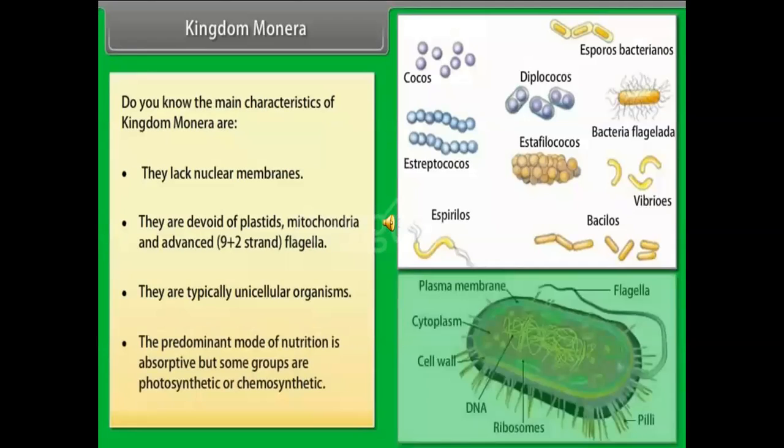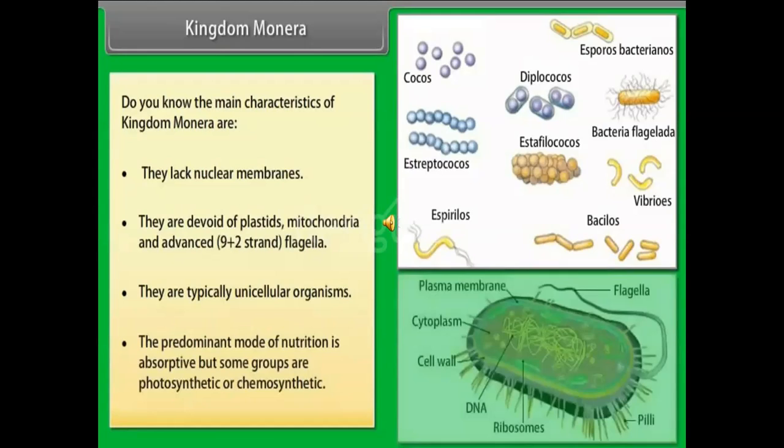First kingdom is Monera. For example, bacteria. All prokaryotes belong to the kingdom Monera, which do not possess a true nucleus. Cells of prokaryotes do not have a nuclear membrane or any membrane-bound organelles. Most of the bacteria are heterotrophic, but some are autotrophic. Bacteria and blue-green algae are examples of Monera.